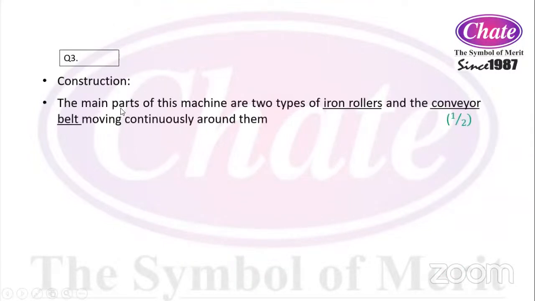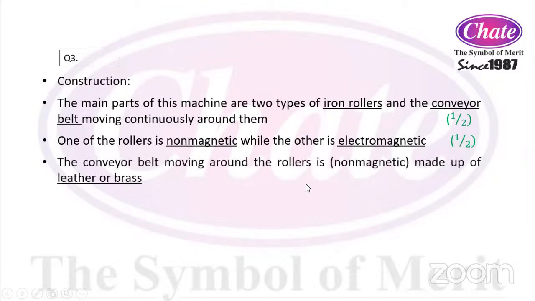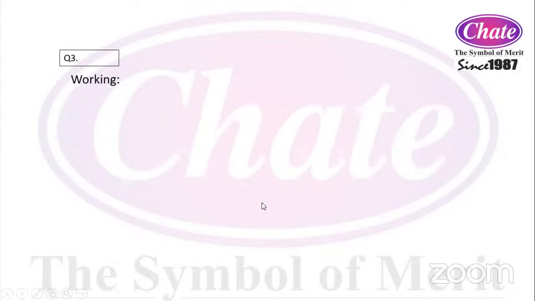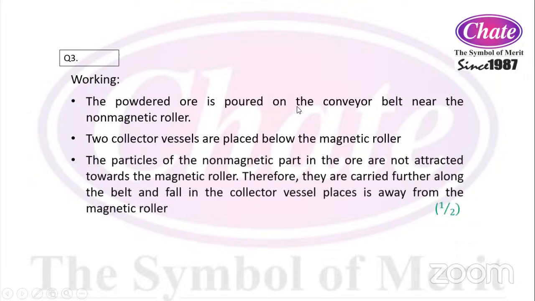Now the construction. The main parts of the machine are of two types, that is the iron rollers and the conveyor belt moving continuously around them. One of the rollers is non-magnetic while the other is electromagnetic. So they have the magnetic property. The conveyor belt moving around the rollers is made up of leather or brass, that means it is of non-magnetic materials. Then how it works: when the conveyor belt starts to move, the powdered ore is poured on that